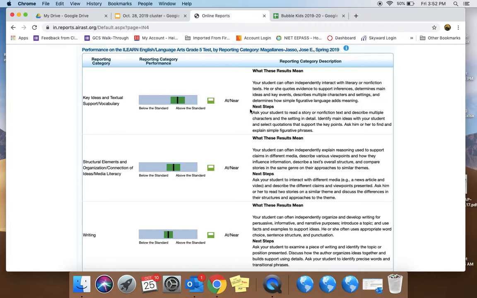So I'm going to come here and just highlight my next steps. I'll start at the end so I don't have to worry about what the results mean. I'm not highlighting the words next steps because that's what the document will hold. It says to ask your student to read a story or nonfiction text and describe multiple characters and the setting in detail. Identify main ideas with your student and select quotations that support the key points. Ask him or her to find and explain simple figurative phrases. So what I would do